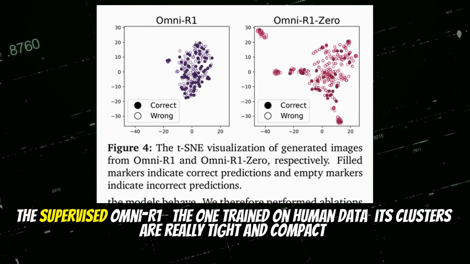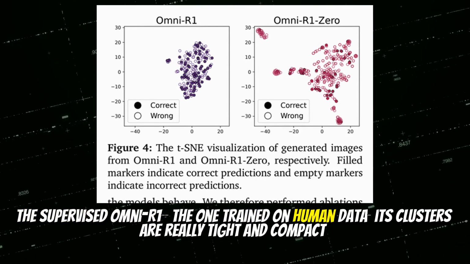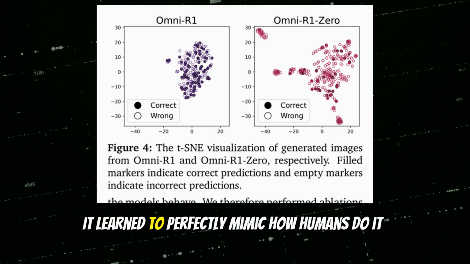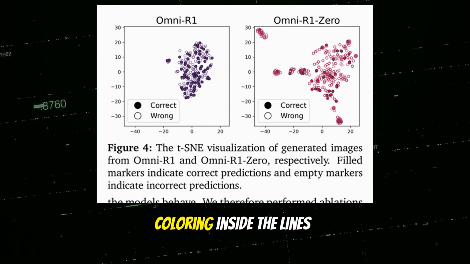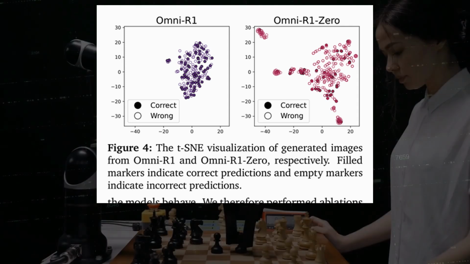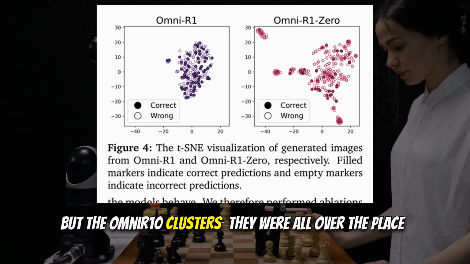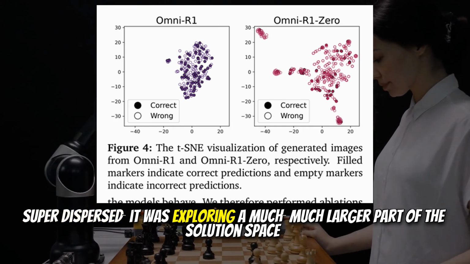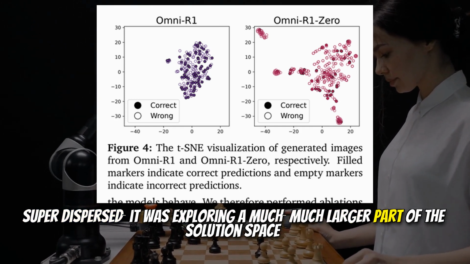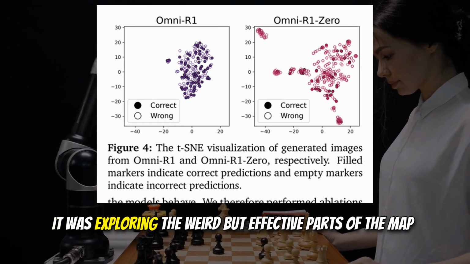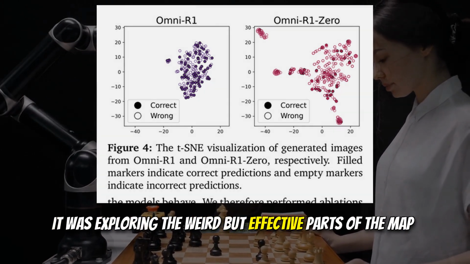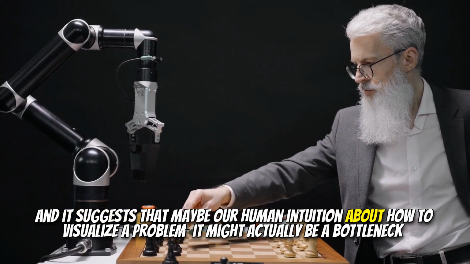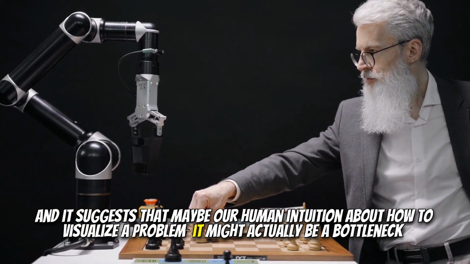The supervised Omni-R1, the one trained on human data, its clusters are really tight and compact. It learned to perfectly mimic how humans do it. Coloring inside the lines. Totally. But the Omni-R1 clusters, they were all over the place, super dispersed. It was exploring a much, much larger part of the solution space. It was exploring the weird but effective parts of the map. Exactly. And it suggests that maybe our human intuition about how to visualize a problem might actually be a